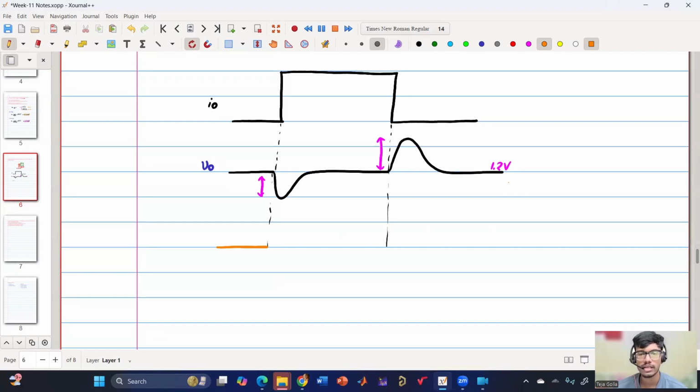But when there is an increment in the current, I need not bring the V naught to 1.2 volt. I can keep it closer to 1.2 volt, but lesser than 1.2 volt. So whenever there is an undershoot, I will not bring it back. I'll keep it at a lower value. And once there is an undershoot, I'll bring it back to 1.2. So the processor which needs 1.2 volt,